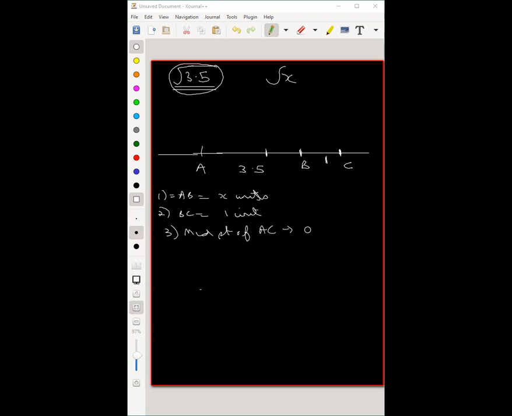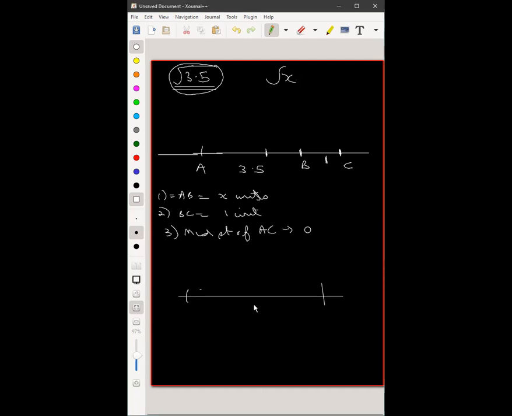So is this clear? We find the midpoint of AC. Do you know how to find the midpoint of a line segment? If I have a line segment, how do we find its midpoint? Keeping your compass here, I'll mark a point here, and a point here, and they're connected. Remember? You must have done this in geometry last year.